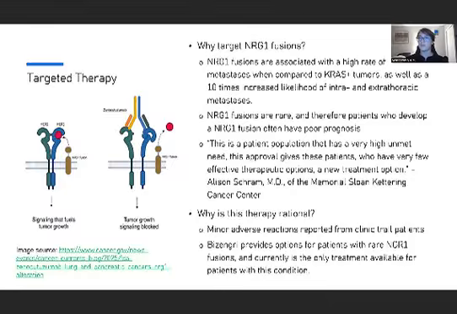This therapy is rational because, as I said before, we didn't really have anything for people with the NRG1 fusion subgroup. There were minor adverse reactions, the patient population was very much in need of this, and we were seeing a very high increase rate of progression-free results. Overall, this was a workable treatment option for people with this type